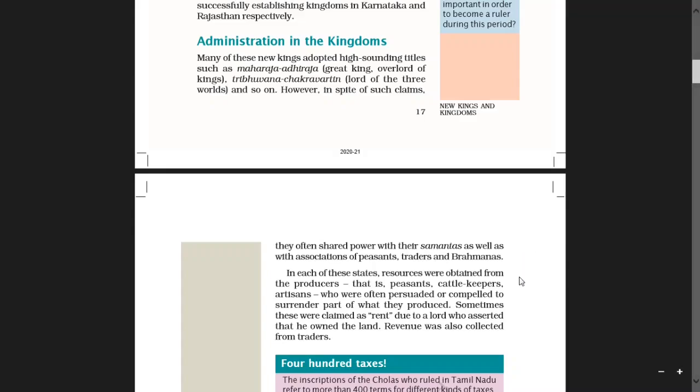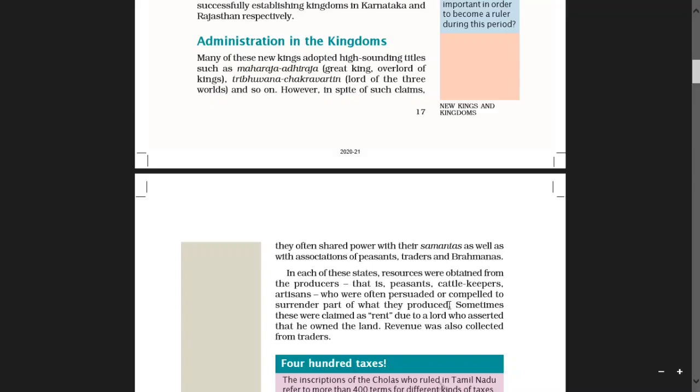In each of these states, resources were obtained from the producers. So, in each of these states, boys, resources were obtained from the producers, those who used to produce, that is peasants, cattle keepers, and artisans, who were often persuaded or compelled to surrender part of what they produced.